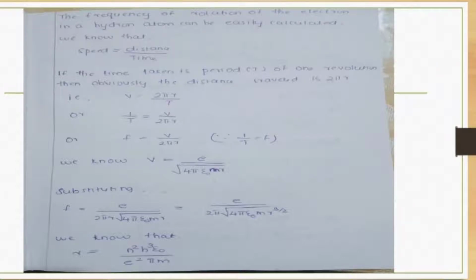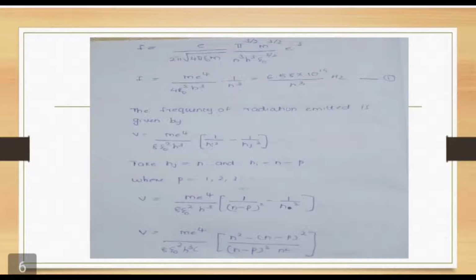We know v = e/√(4πε₀mr). On substituting, we get f = e/(2πr√(4πε₀mr)), that is equal to e/(2π√(4πε₀m) r^(3/2)). Also, we know that r = n²h²ε₀/(πme²). On substituting, we get f = e/(2π√(4πε₀m)) into